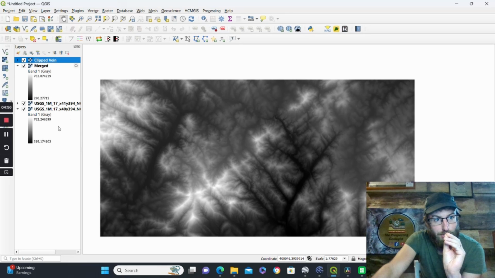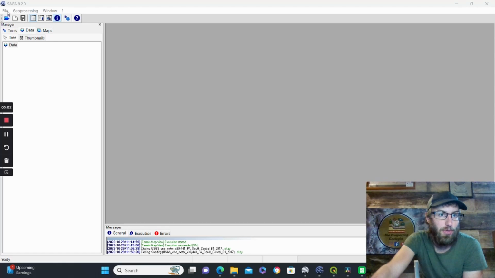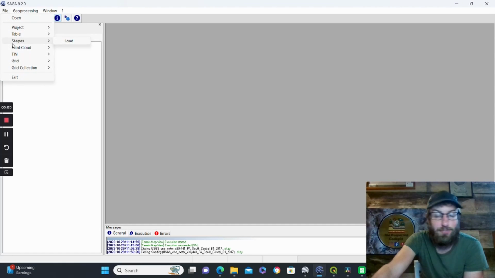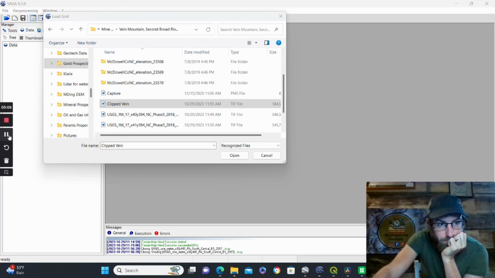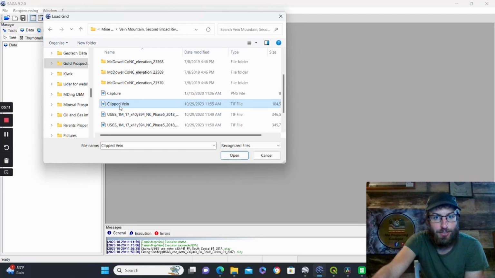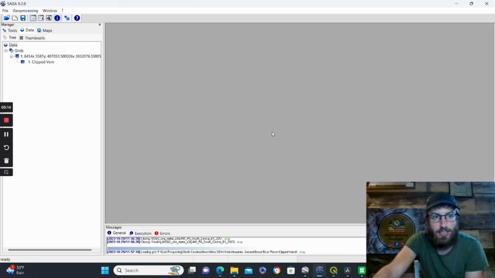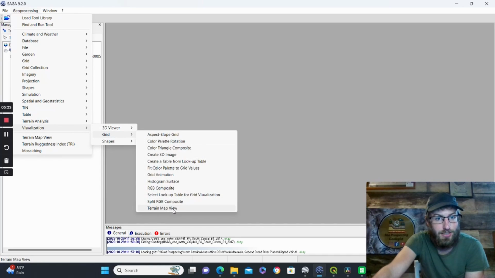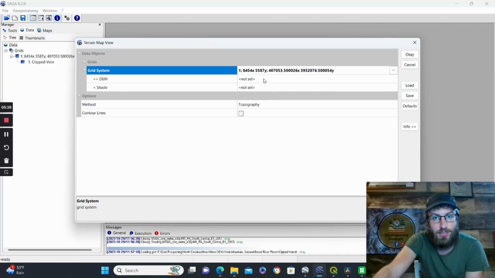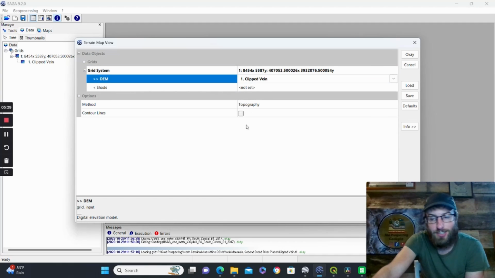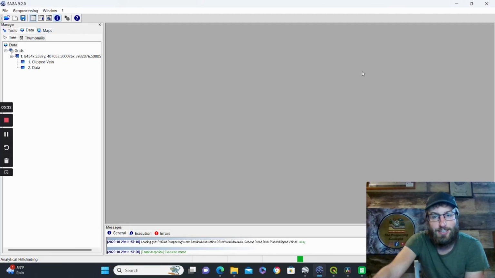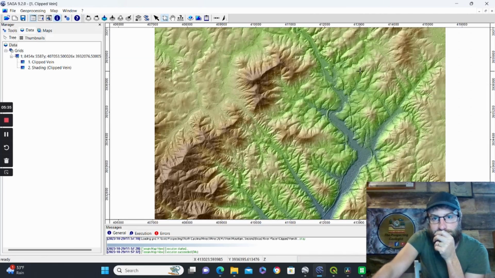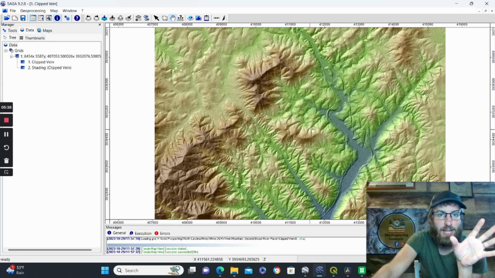Now we are going to go in and open SAGA GIS and open that file. So now we're in SAGA GIS. We're going to open our new file there. So pull up that file from wherever you saved it. Now we're at our location where we saved it. We are going to open that file in SAGA. It'll open there. Now we'll go Geoprocessing to Visualization, Grid, Terrain Map View. The only two options that we have there. We're not going to add topography because it slows everything down. Boom. There's our clipped out area of